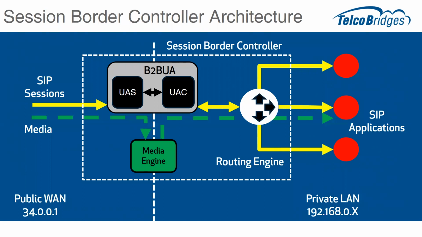Okay, so on the left side, on the public WAN, in SBCs usually there is a protection there, right? So anything that comes in, SIP or media, will pass through this SBC firewall, and then it will be managed, right? The SIP sessions will open media paths, and they will all be managed to open the right path at the right moment and close the path when the call is finished.